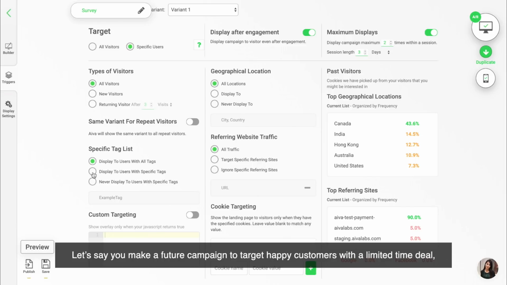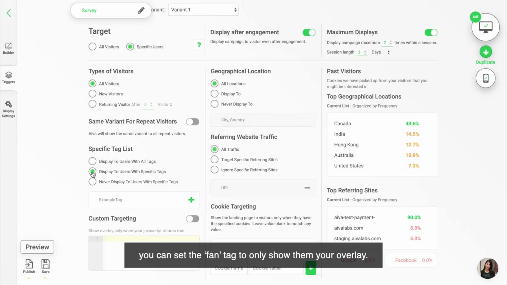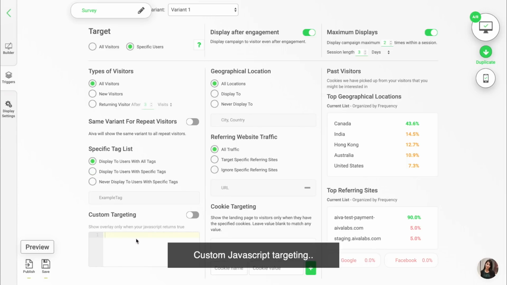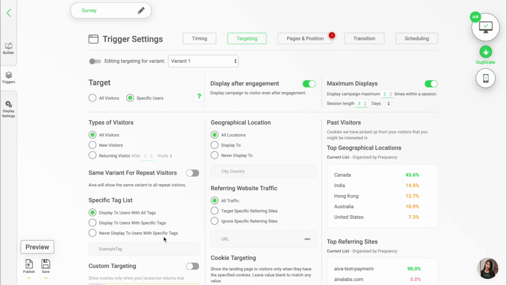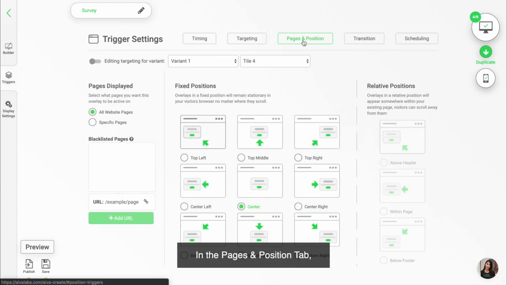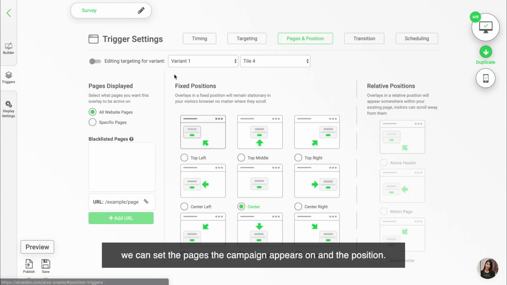Let's say you make a future campaign to target happy customers with a limited time deal. You can set the fan tag to only show them your overlay. Custom JavaScript targeting will show the campaign if your inserted JavaScript returns true, and we also have cookie targeting to round out the options. In the Pages and Position tab, we can set the pages the campaign appears on and